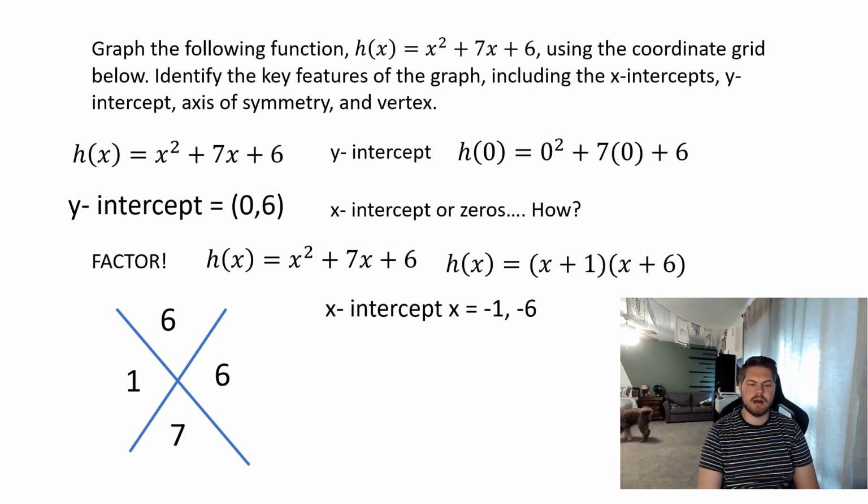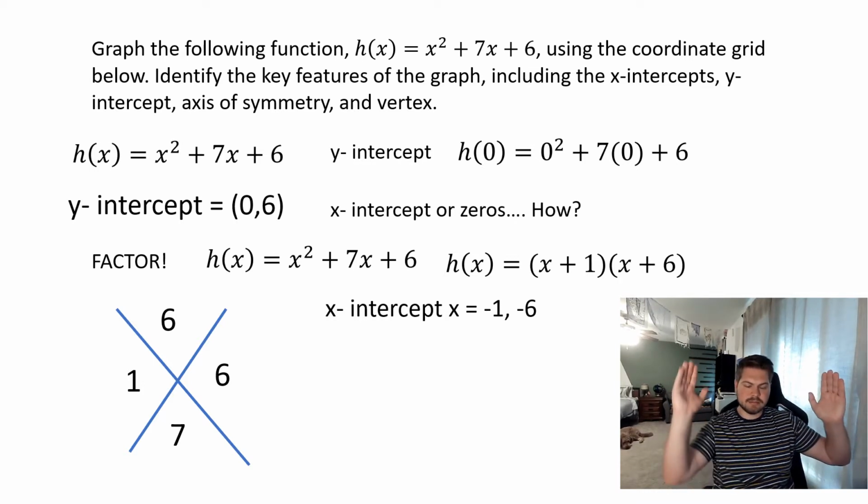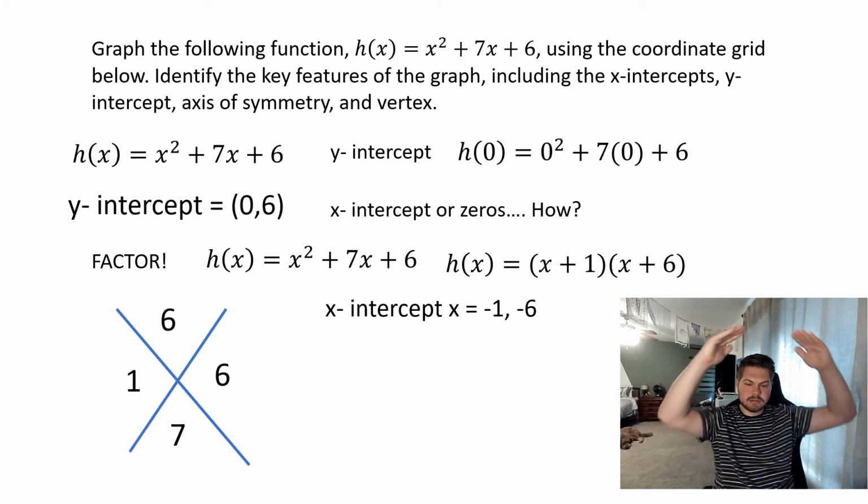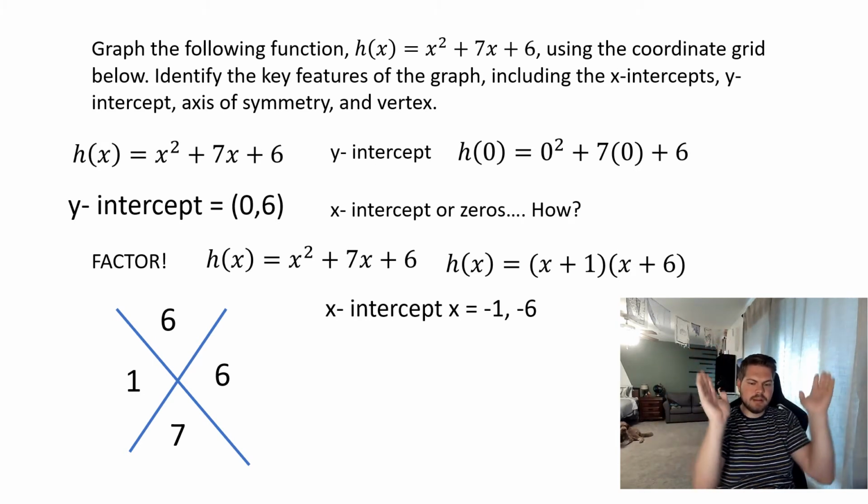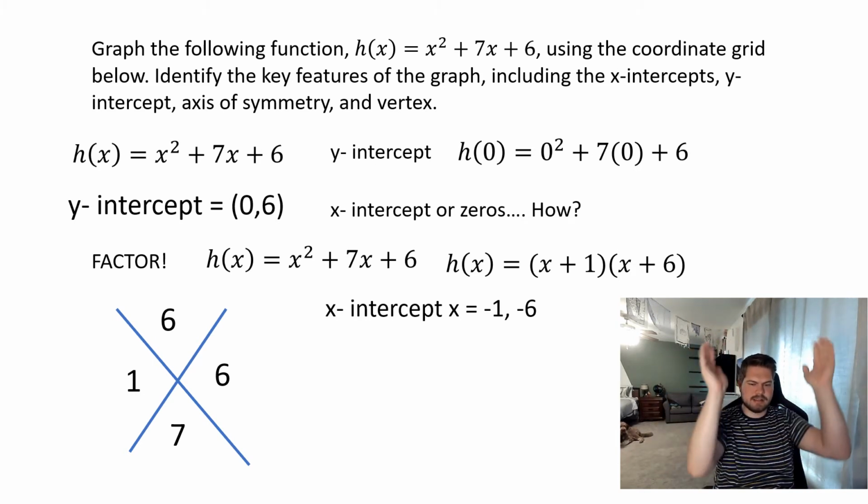So if you plugged in -1, -1 plus 1 is 0, or -6 plus 6 is 0. So our x-intercepts, or our zeros, or our solutions are -1 and -6. All right, now that we know that, -1 and -6,